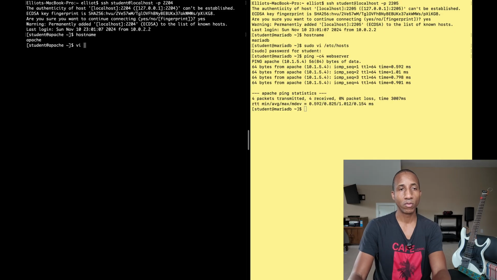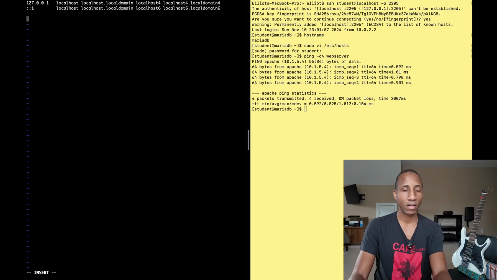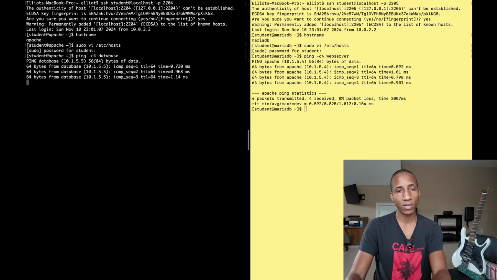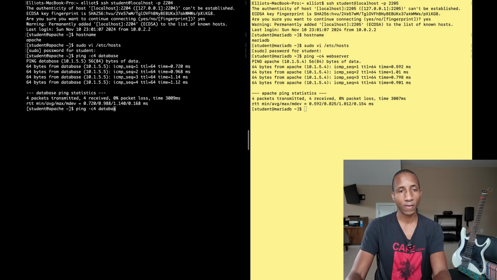Over here, we do the same thing for MariaDB, sudo vi /etc/hosts, password is password. And then for here, we put the IP address of the database server. And we can say database, MySQL, or MariaDB. So we give it three different names. So we can ping database. We can ping MariaDB,